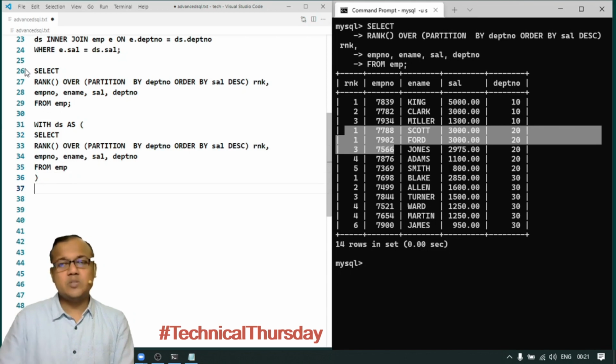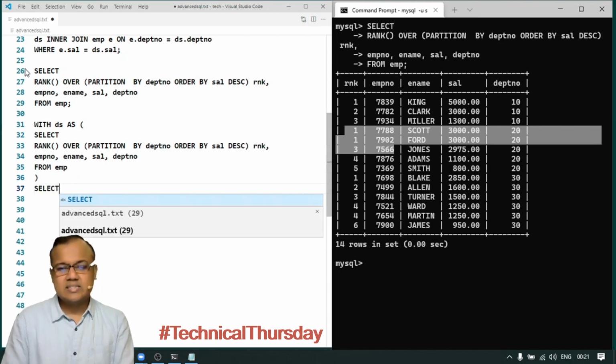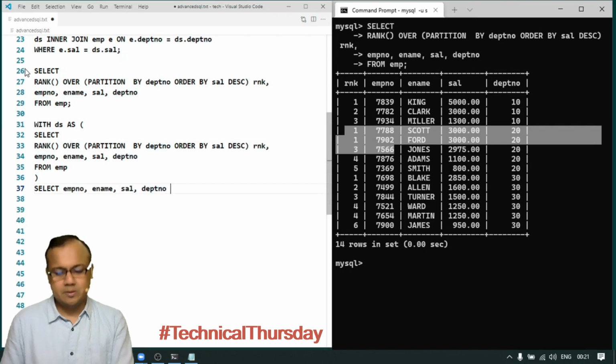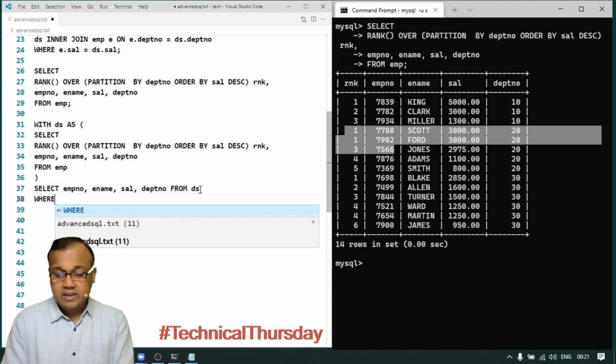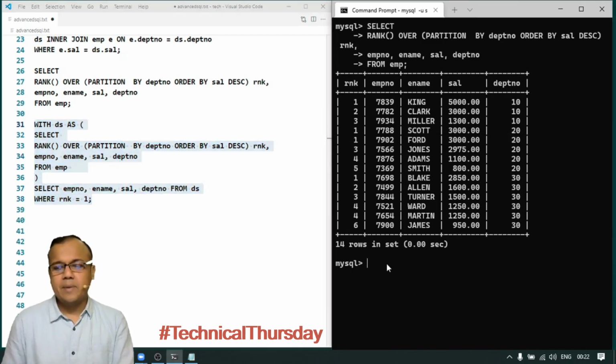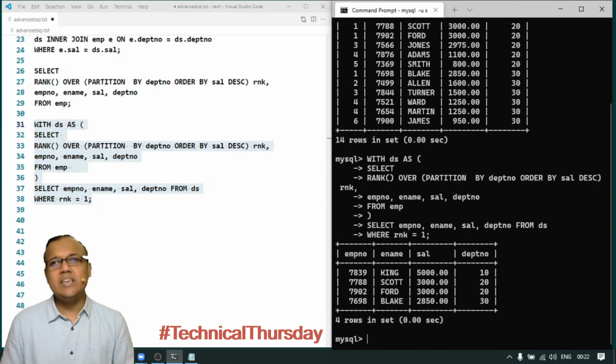Now from this CTE, I can select the records: employee number, ename, salary, department number from the CTE named DS, where the rank is equal to 1. Is it enough? Let us give it a try and check: am I getting the correct answer? Oh yes, we are still getting the correct answer.